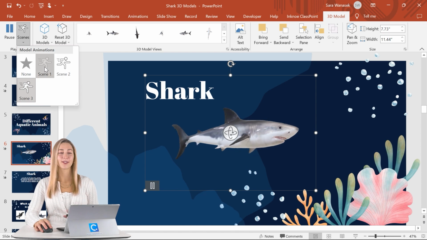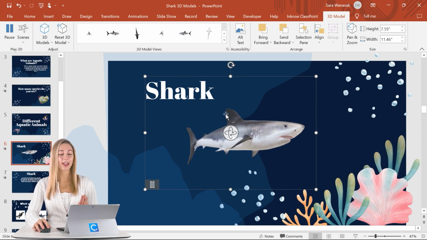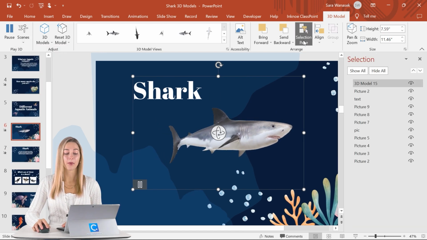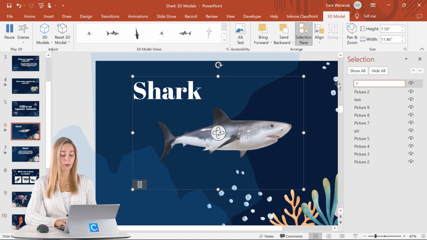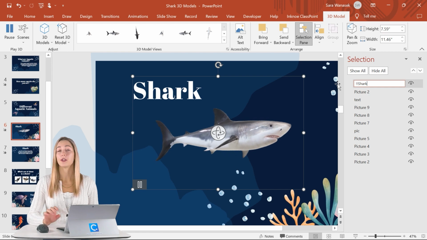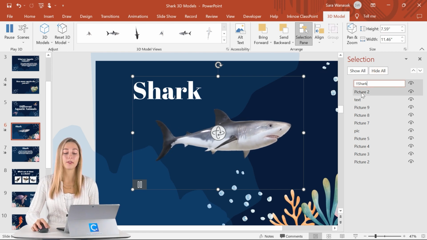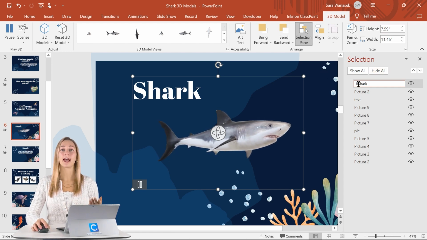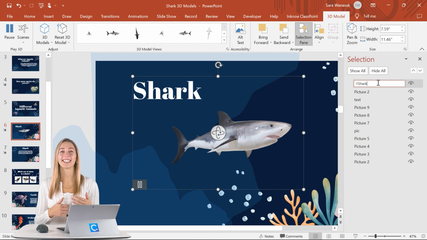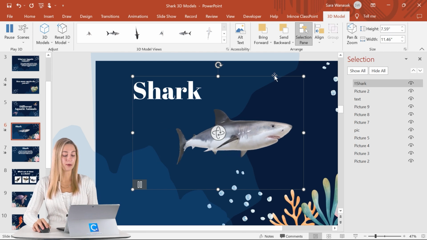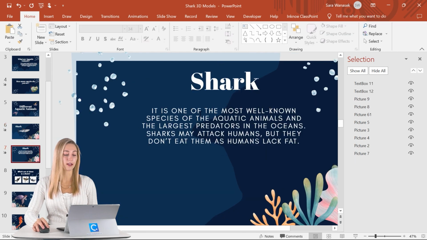Let's just stick with scene number 1, and then let's open up the selection pane. We are going to rename this model with 2 exclamation points first, because we're going to use the morph transition. With the 2 exclamation marks, this adds a little bit of enhancement if we keep it the same as the next slide. That way there's a little bit more consistency and a good flow in between your PowerPoint slides instead of a big jump. So let's go ahead and copy this shark onto the next slide.